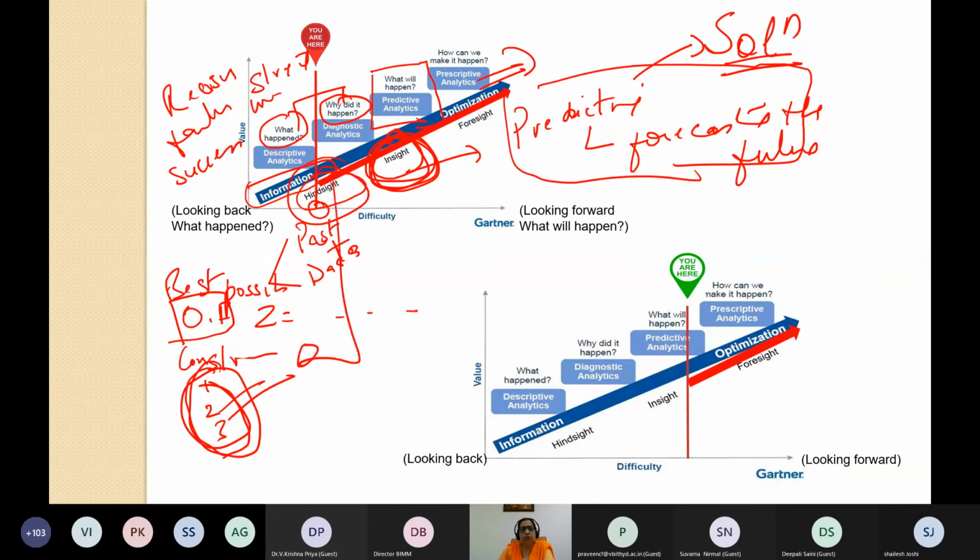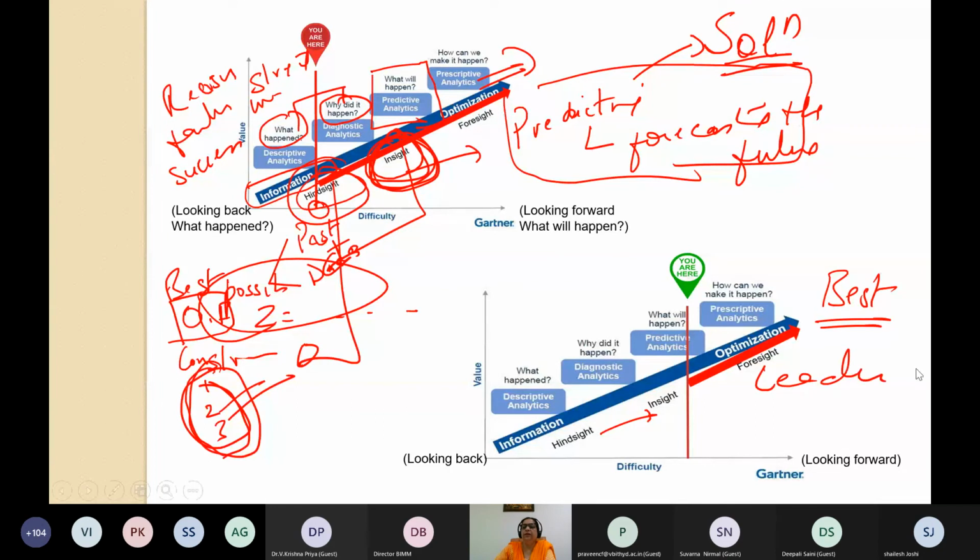Through data. How is the objective function made? Through the insight, wherein, as in regression, we identify the different regressors, different variables which impact the future occurrence. So you have gained insight, and then from that, by optimization, you are bringing in a better future. So moving from hindsight towards insight, using optimization to be the best or to be a leader.